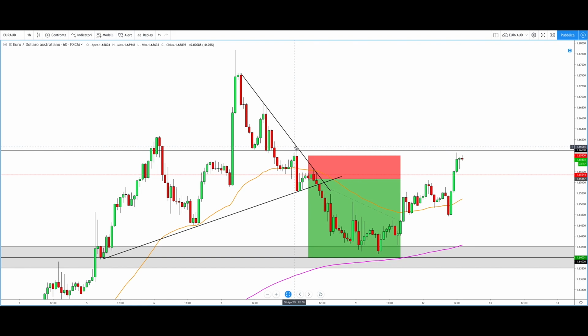And we can see that after this huge bearish candle, the price tried to start another bullish movement, because we can see from this point that the price was forming a clear series of lower low, lower high, lower low, lower high. And after this lower low, I was waiting for a clear lower high before thinking about an entry point. And we can see that the price, first of all, broke this 50 period MA here and came back below this multi-year high. From this point, we can see that the price started a weak bullish movement,